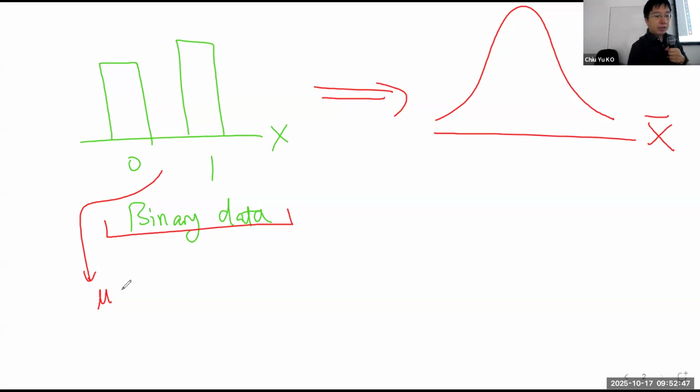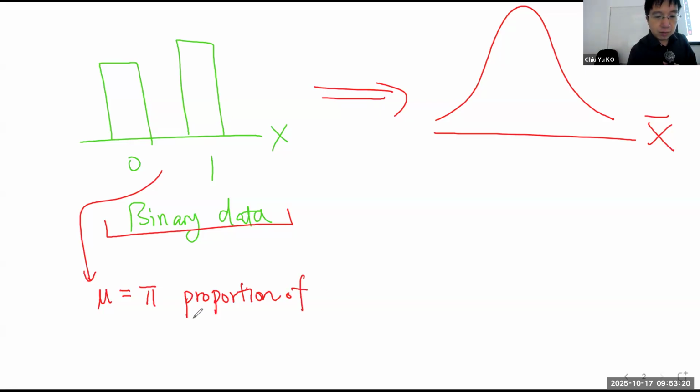And the population mean is actually what we call the population proportion. Why? Because you add up how many ones you have and divide by the total, which is the fraction of people who get one. It's the proportion. The sample mean is pi, which is the proportion of